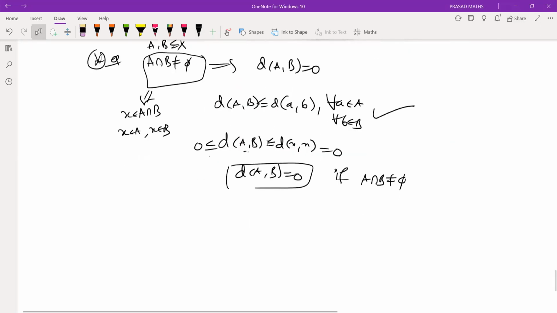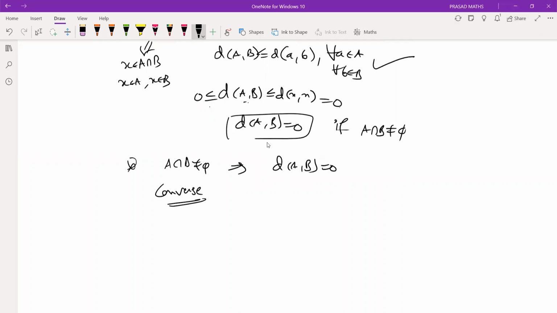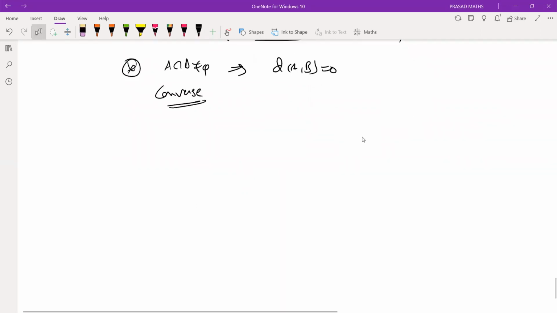But what about the converse? If the distance between A and B is 0, is A intersection B non-empty? Anybody? The converse may not be true. For example,